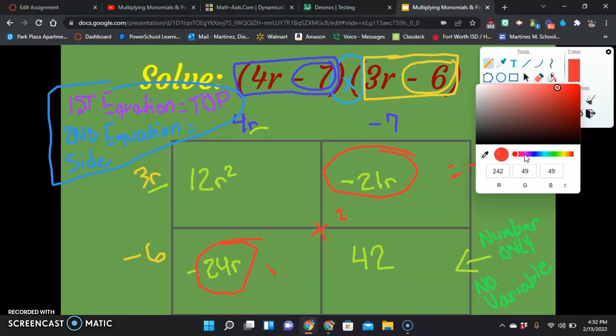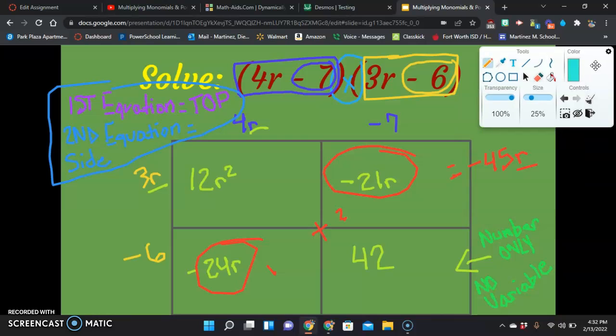Now we do the last step, which is to write the new equation. So let's do this color here. And now we're going to write our new equation. I'm going to write it in the middle since there's almost no space. So our new equation is going to consist of this. This is going to be first, this goes second, and this goes third. So we have 12r squared minus 45r